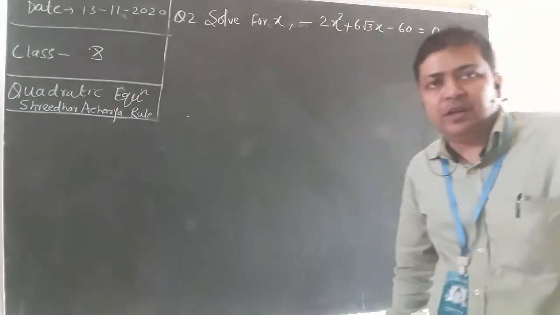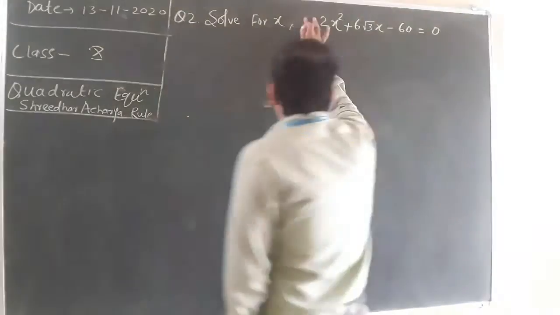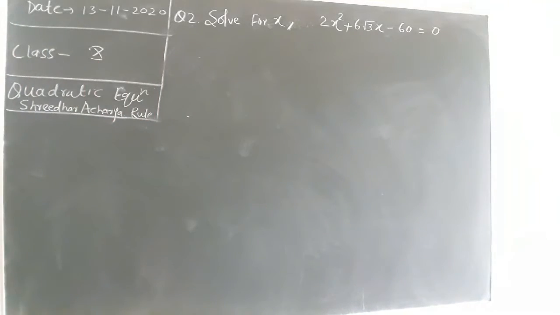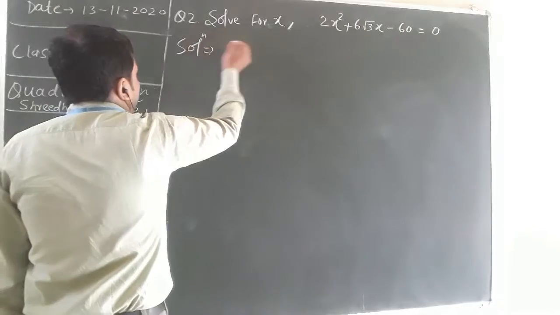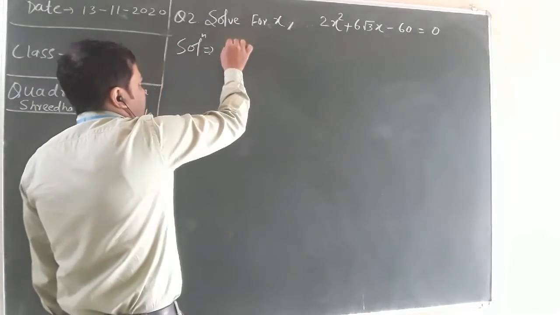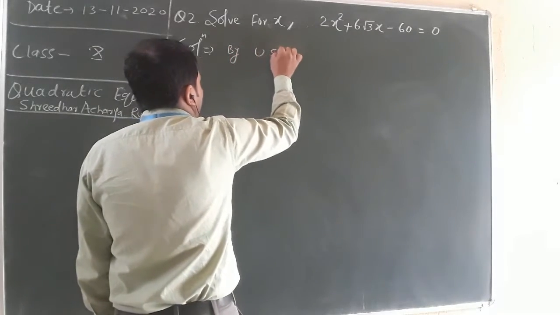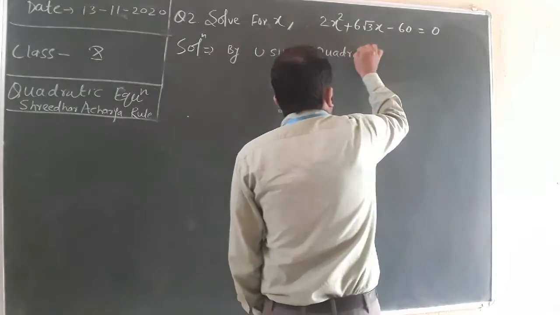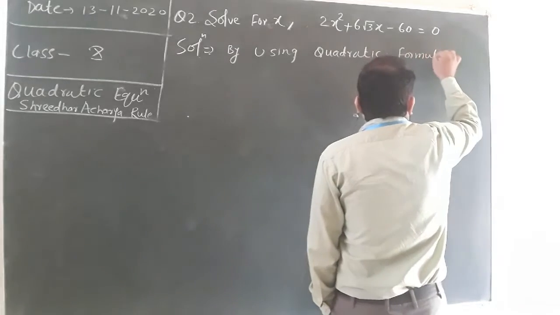Now let's move to the next question. Solve for x. The question is 2x square plus 6 root 3 x minus 60 is equal to 0. So first of all we need to find the values of a, b, c. By comparing our equation, by using the quadratic formula, we get